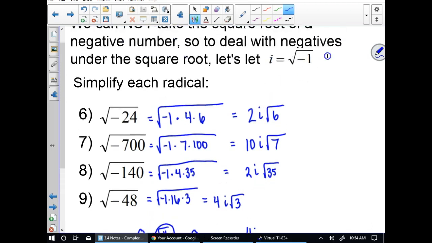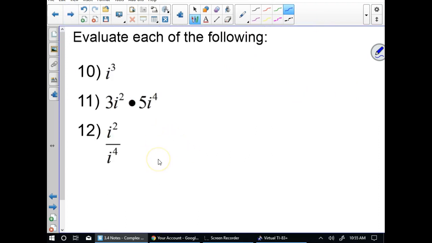I always hesitate to tell students this, but we call that i right there the imaginary number. I typically don't tell kids that at the beginning, because as soon as you hear that something is imaginary, you want to ask, why in the world do I ever need to learn about something that's not even real? So you just want to give up right then. But these are called imaginary numbers. They seem really difficult, but they're not at the level we're looking at right now. They're not that bad,